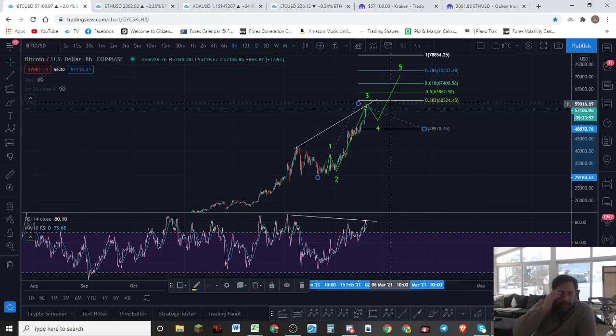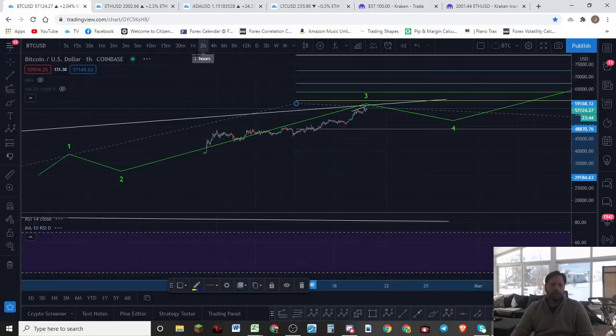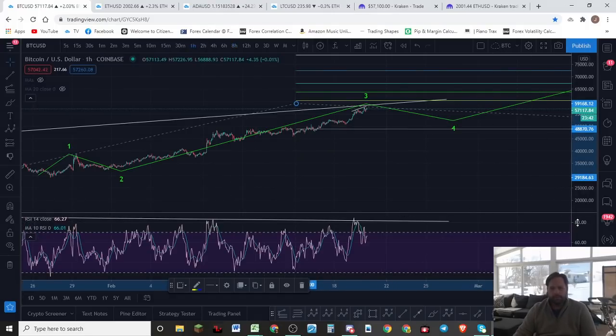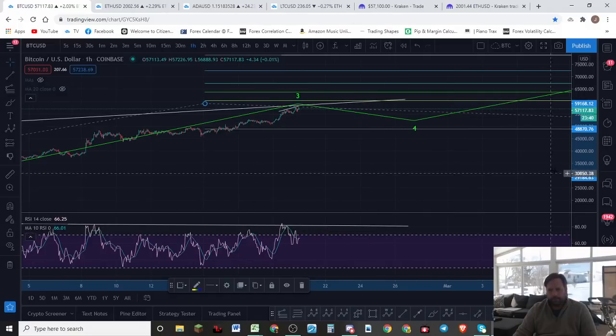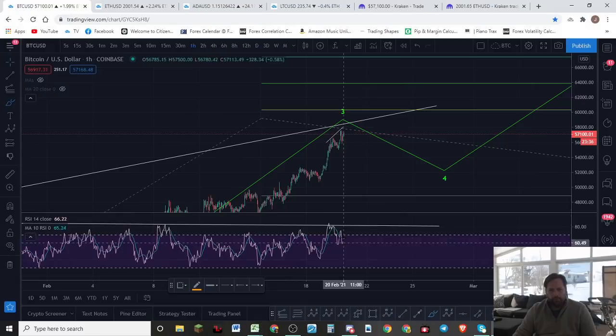So we have 2 counts, guys. We got a potential finished wave in Ethereum and a potential finished wave in Bitcoin as well, with possibly a correction looming here. Look at the 1 hour chart. You'll notice in the 1 hour chart on Bitcoin in particular that we've got bearish divergence working as well. Let me show you that. So right here we've got this wave right there and this wave right there showing bearish divergence.